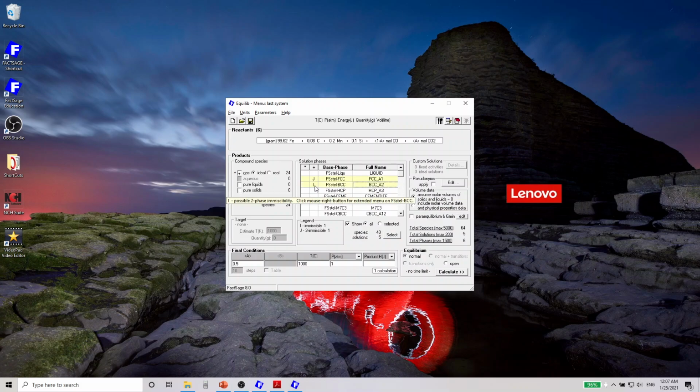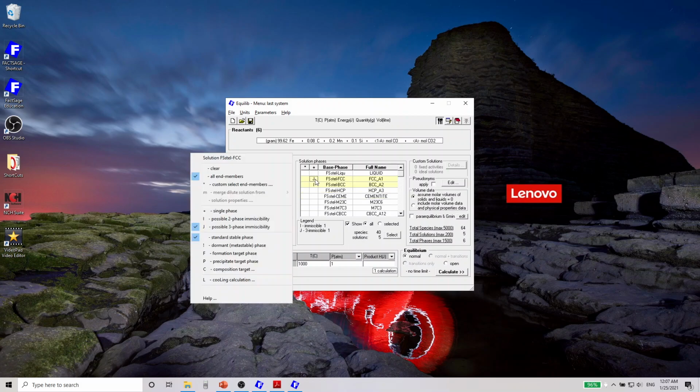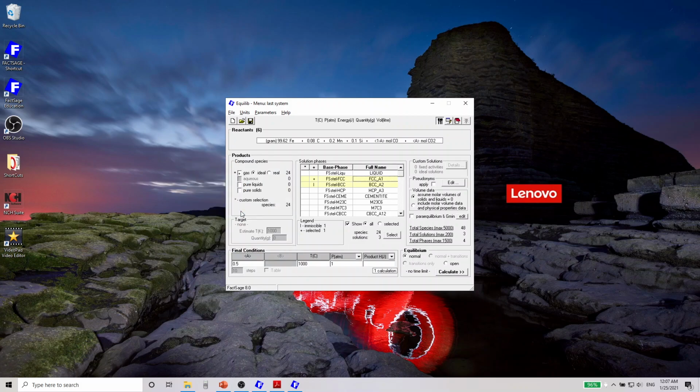Now, as per our problem, our steel is in a single phase. So we will change this to single phases. To do that, first we'll go to this area and click the right mouse button and then take single phase. Similar thing we'll do for BCC,